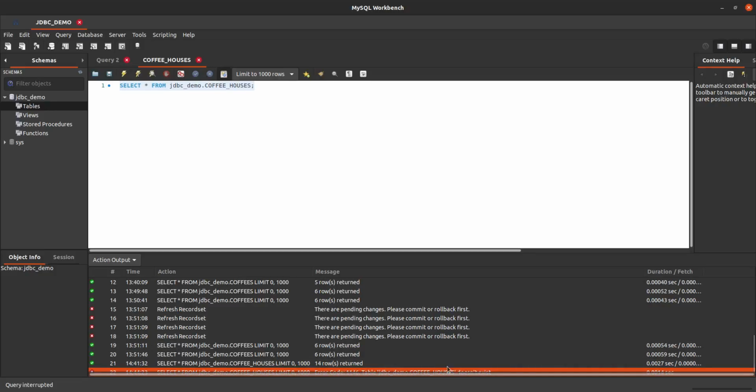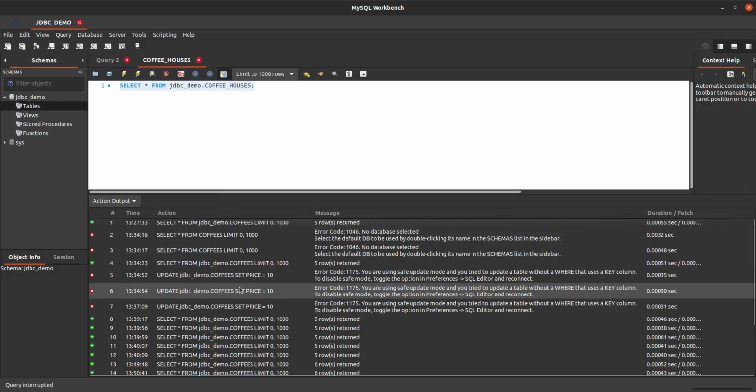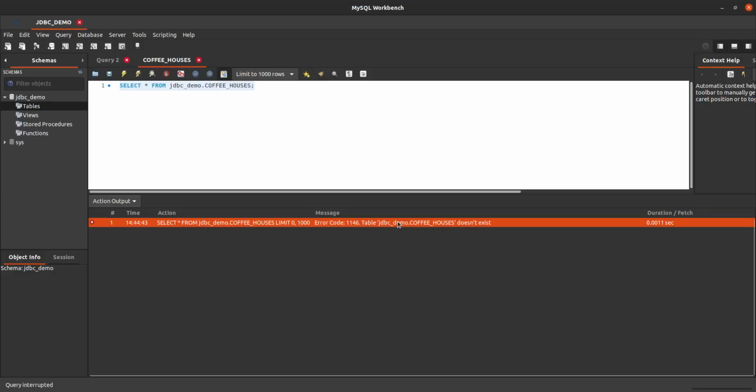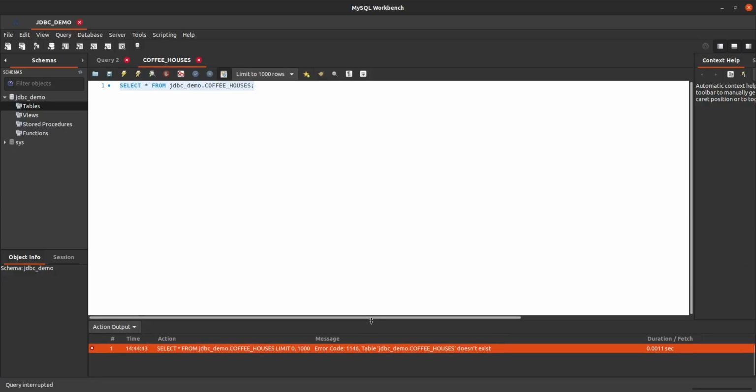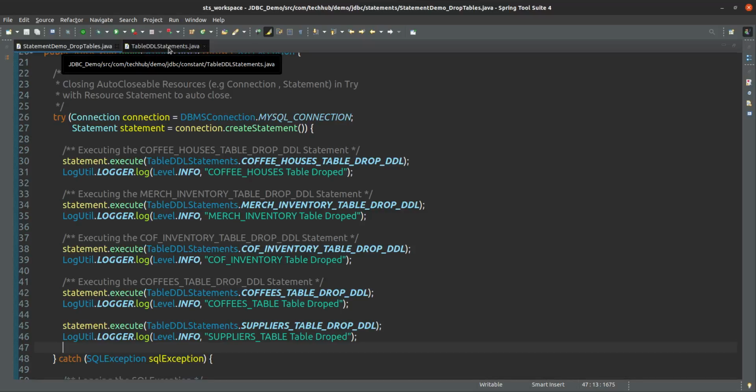Here you can see table does not exist. Or else just clear this one and execute once more. Yes, so here you can see table JDBC demo coffee does not exist. So what we did, we deleted the tables, all the tables we have dropped.